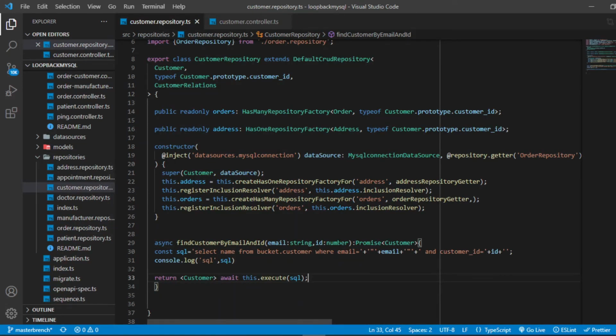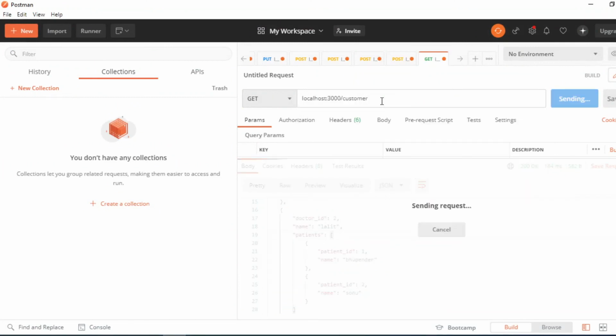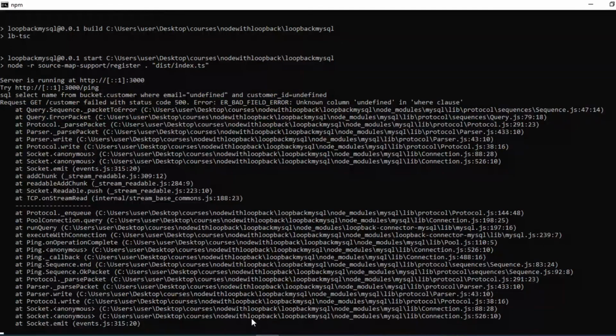And here, first, after getting this email and the id, it will make an SQL query, and then after fetching the data from the db, the data is returned here. Okay, so let me just test this functionality. First, let me go to doctor customer. Let me see what I'm getting here. So it is saying 500 internal. Let me see. Right now it is saying email undefined,